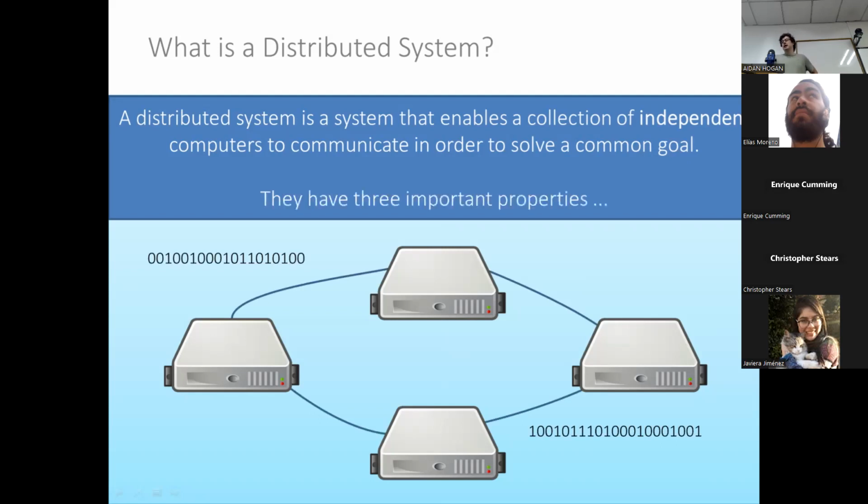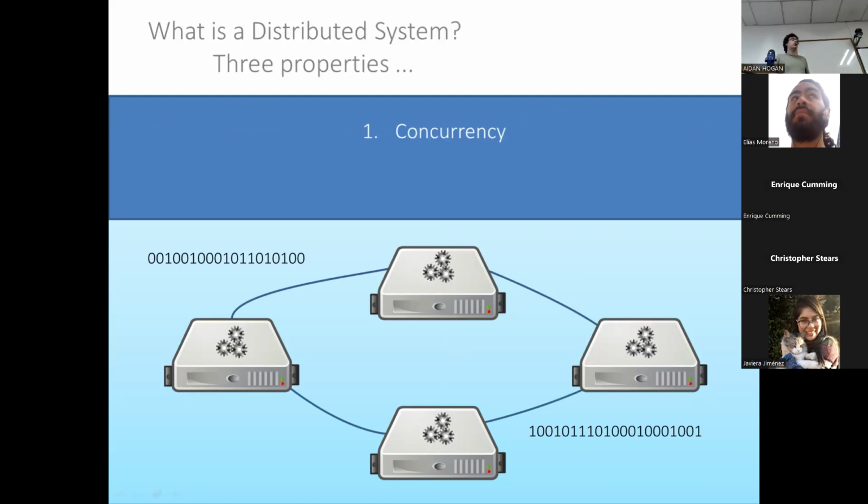They have three important properties. Some people name more properties, but these are the three key properties. Concurrency, which means that the machines are doing work in parallel. They're working away, doing their tasks in parallel. Second is independent failures. This is the idea that one of the components or elements of the distributed system can fail, and that this does not necessarily mean that the distributed system is